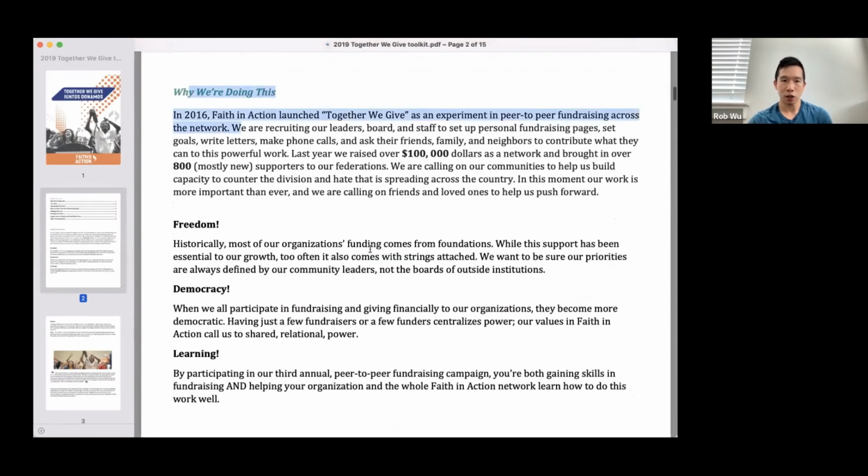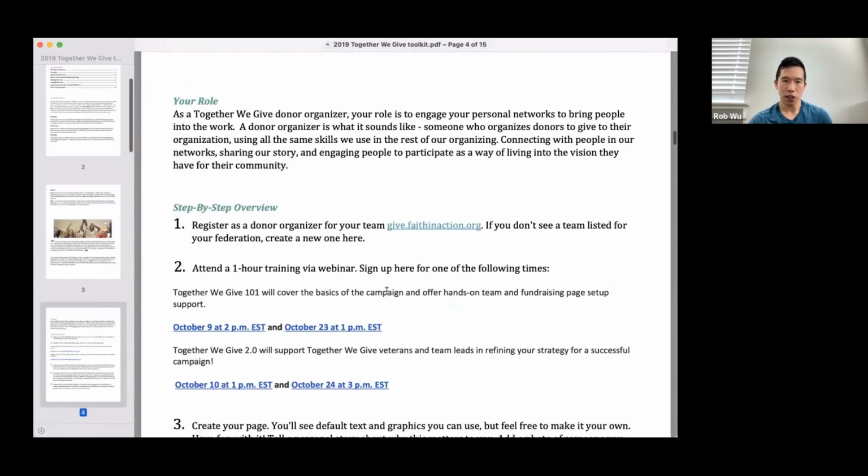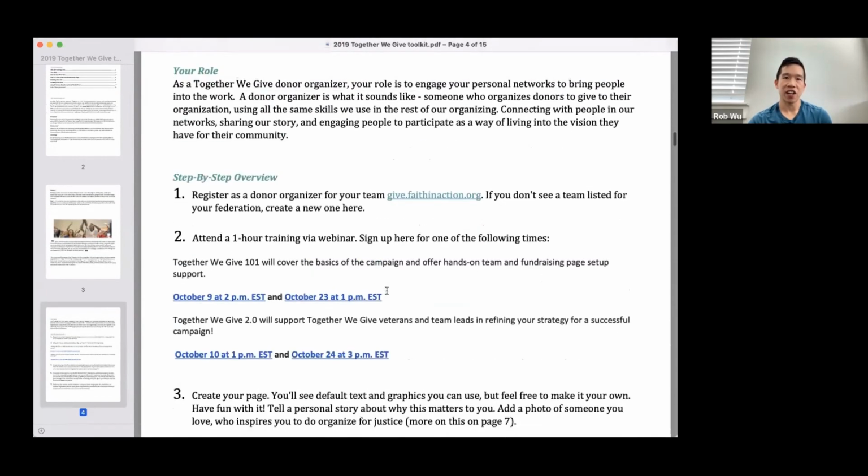I think one of the things that is really interesting is you're talking about the why, because the messaging is so important to really compel one of your fundraisers to actually go out there and carve out time and do the fundraising for you. So they're reiterating their mission, reiterating why they exist, and what they do as an organization. And then they're inviting folks and saying, hey, you have a role in furthering this mission. And then they're giving people a step-by-step.